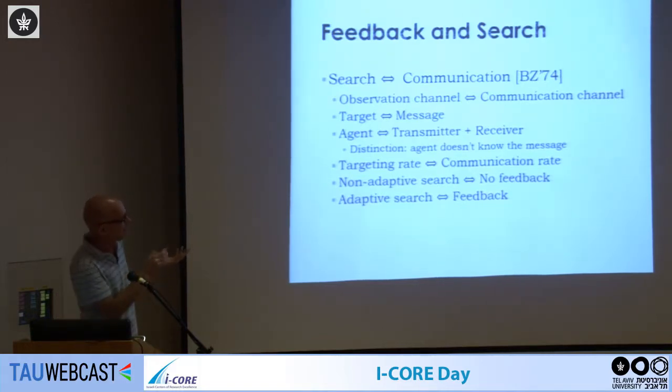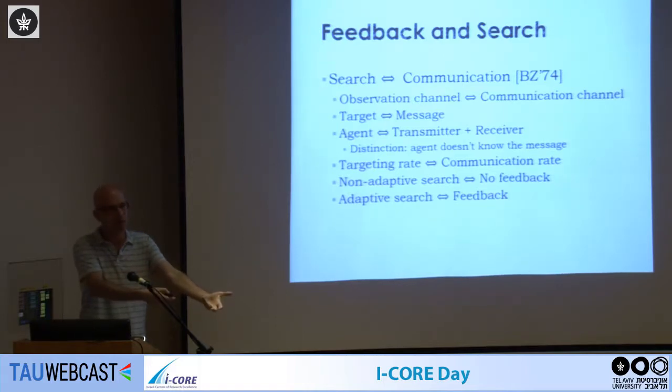And then there is the analogy between adaptive search and non-adaptive search. What does that mean? Adaptive search means you're using feedback, right? Why are you using feedback? Because your next question as an agent depends on all the answers you've seen so far, which are the Ys, the outputs of the channel. How can the transmitter know what to send to the channel if it doesn't know the Yk? It has to know it, so that means that you have feedback. Non-adaptive search is communication without feedback. You set your sequence of questions or queries in advance, and that's it. Okay, so these are the two cases that correspond to either feedback or no feedback.